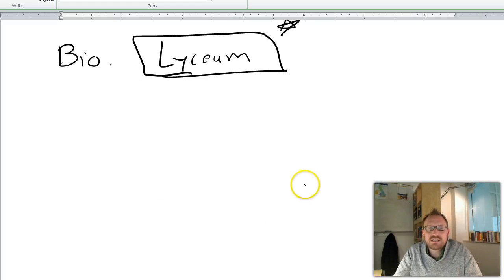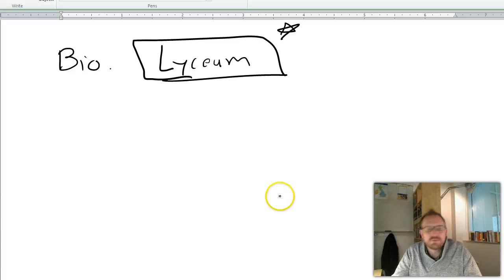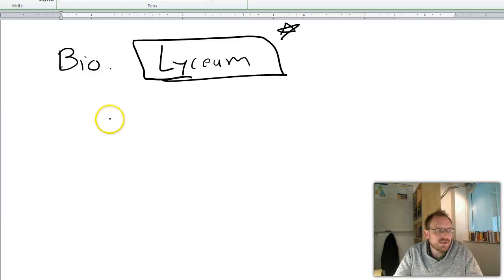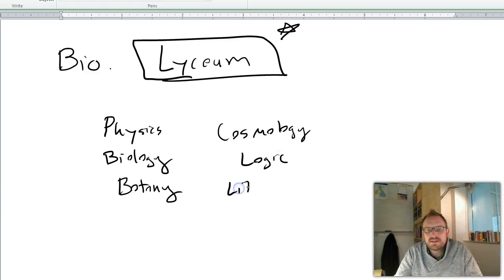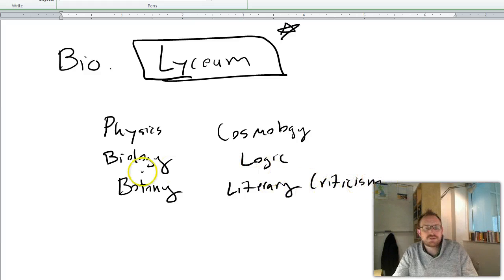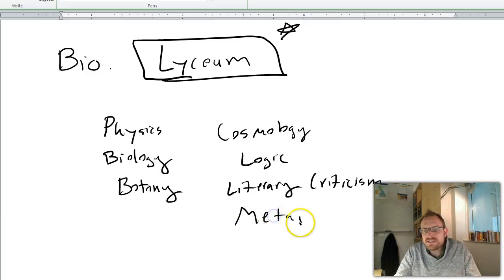Now, one of the things I want to say about Aristotle, in terms of his intellectual biography, is that he is one of the first thinkers to really make a distinction between physics, biology, botany, cosmology, logic, even literary criticism. He has a book called Poetics, which if you ever take a literary criticism course is probably the first book you'll read. He has books on metaphysics, and on ethics, of course,